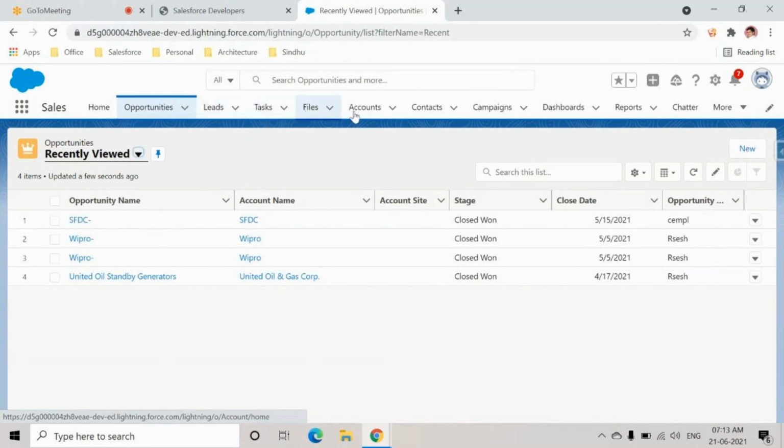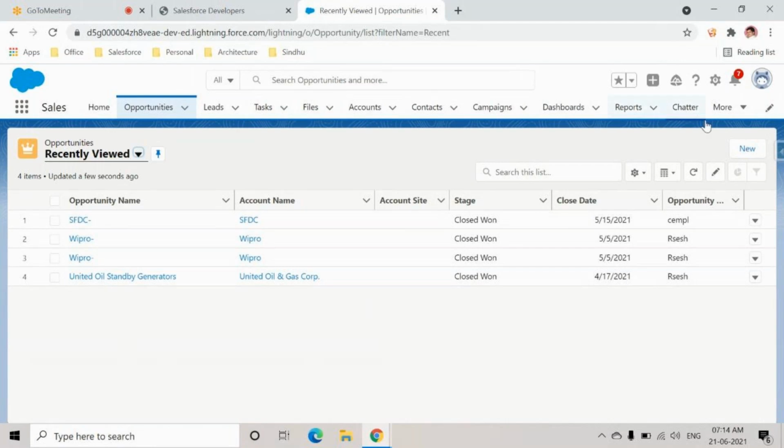So these are the list of objects that are available in this sales application, and these are a couple of records that I have created. Okay, and when you are creating a Salesforce edition, when you're doing a sign up, Salesforce will give you some standard records also, just for the sake of reference. If you want to leave it as is for your learning purpose, you can leave it, or you can delete them also. That is second.